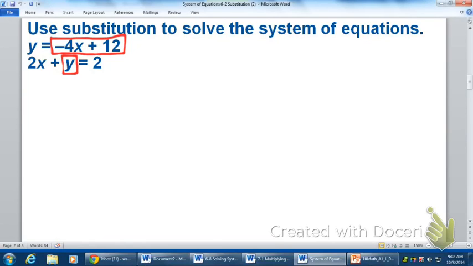So you substitute that equation in for y. I'm just going to rewrite it, 2x plus, so I'm substituting that equation in for y. So you would do parentheses, that top equation, negative 4x plus 12